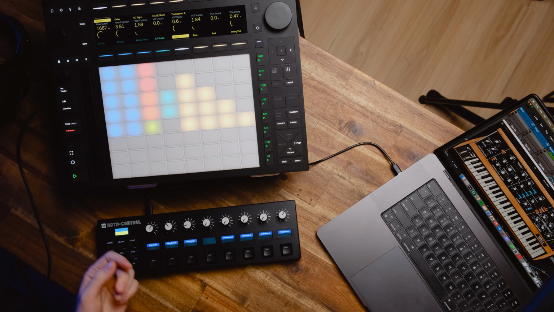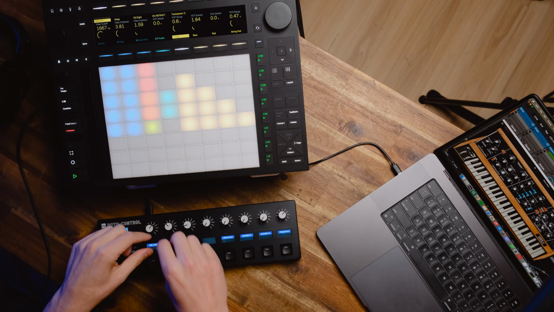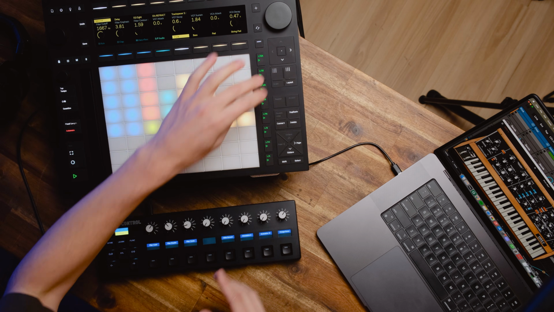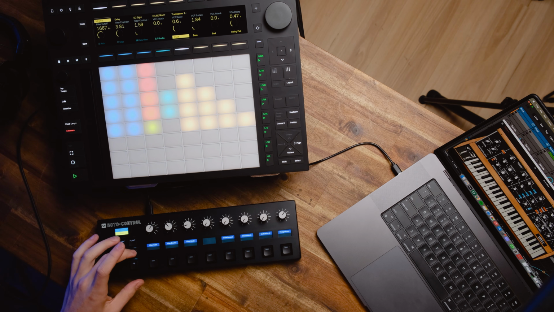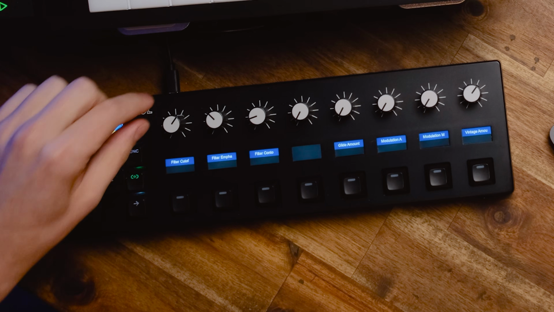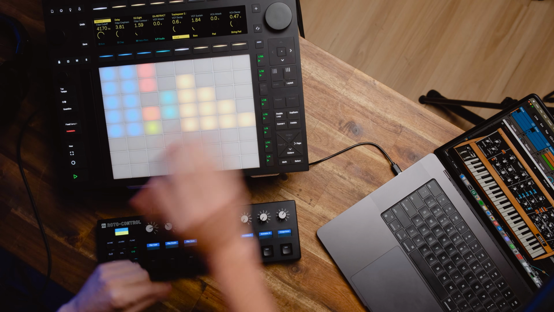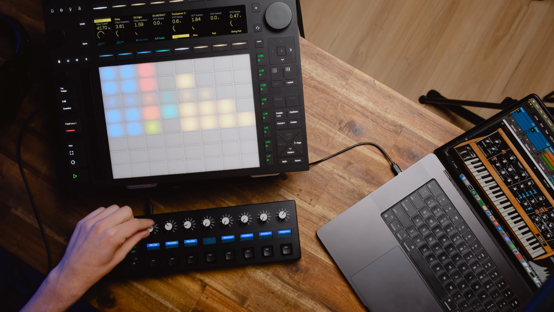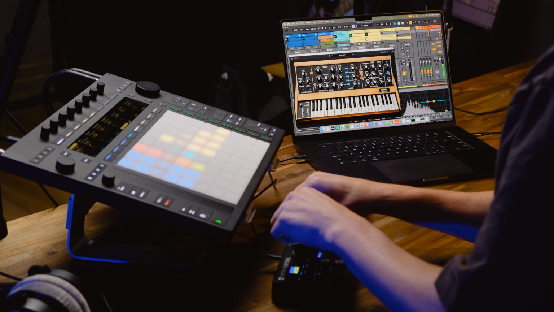Another really cool thing as well is, say I wanted to just focus on just the pluck and really mess with that while I was still changing my different sort of scenes that I have here, I can use this lock button here, and that's going to lock this one. So if we just get this playing,